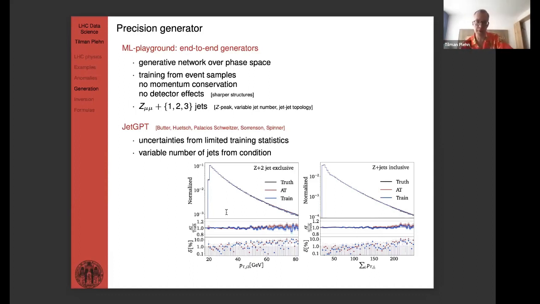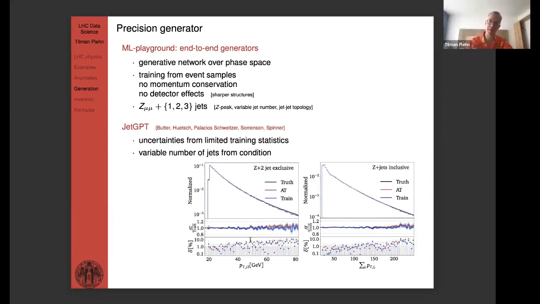And here you see, for instance, the PT spectrum of the second hardest jet. You see you produce stuff with nice precision. You, by the way, see now the blue error bar in the second panel. The blue error bar is from my Bayesian networks, and they agree with truth, like, the one line within these uncertainties, an important check. The error bar gets bigger to the right with less training data. Ask him, he's done all of these things many times.